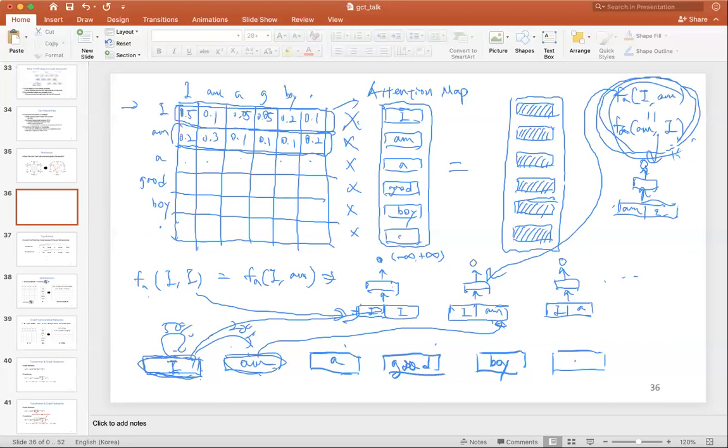So what the QKV operation does is they use a different set of vectors when calculating this attention. They have a separate set of embeddings for calculating attention only. So what they do is